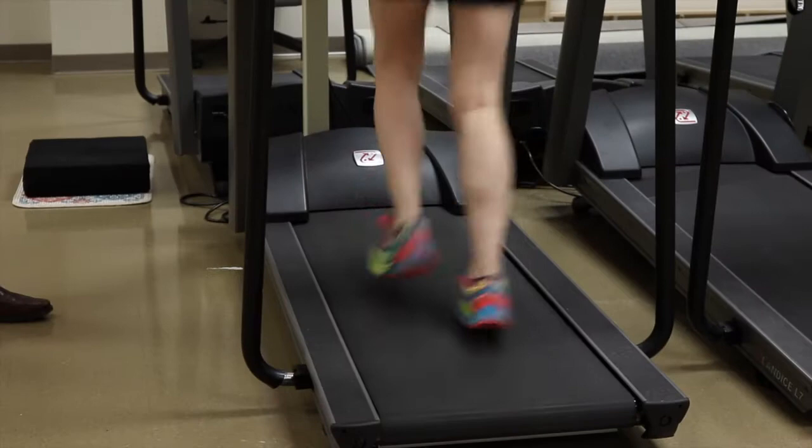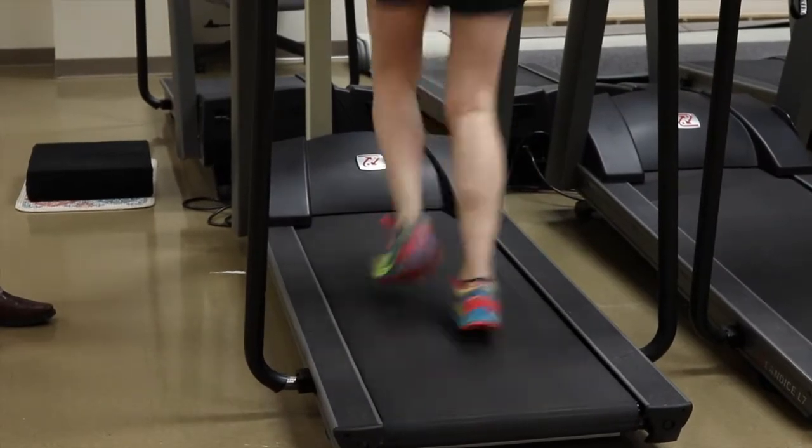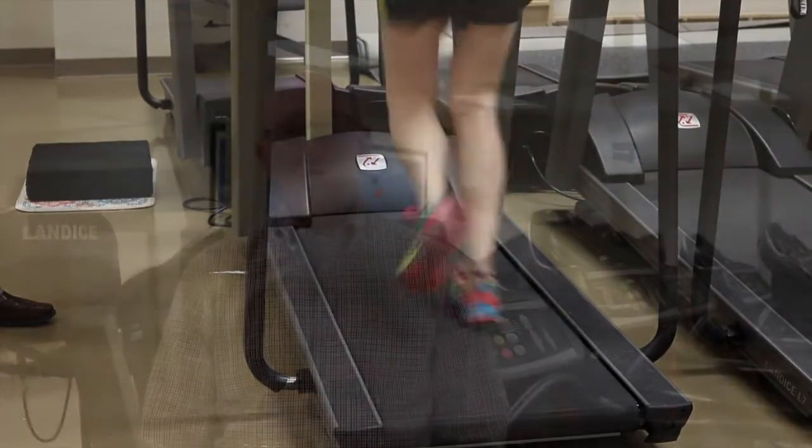When running or walking, the foot is a really important bodily structure that can be used to help absorb those forces. I'll often ask the runner, do they run on a road type of surface that's relatively flat, or are they running on a surface such as a trail in a park that could have some variation in its terrain, such as rocks or roots or dirt or gravel? Sometimes that distinction can be very important because the loads on the lower extremity or on the body can be